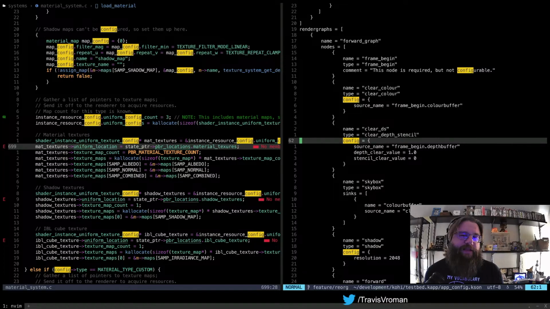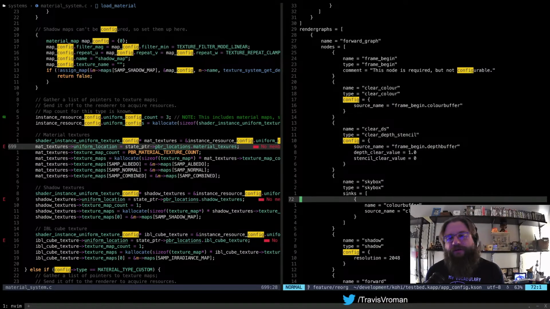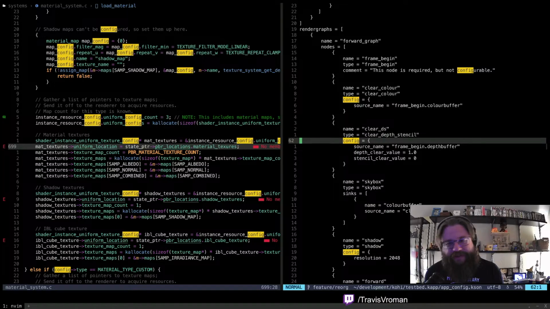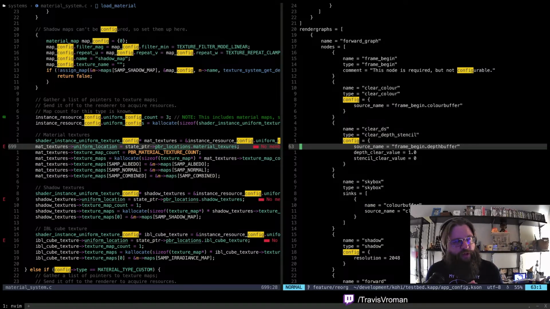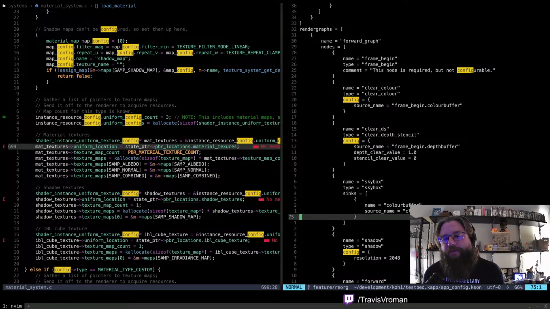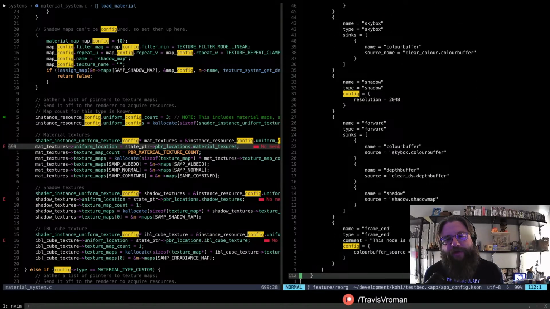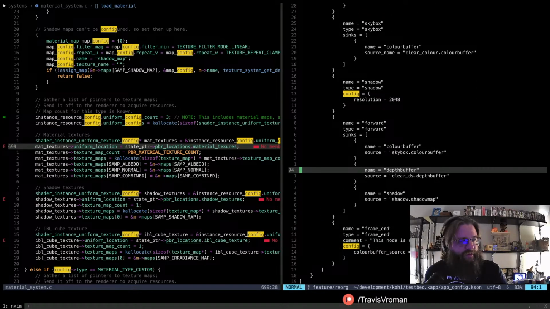Each one of these things has sources and sinks, where sinks accept a certain type of data and sources output a certain type of data, and you can just plug them in together. And you can build out a render graph this way. Eventually you'll be able to do it graphically, which will translate back into that as well.